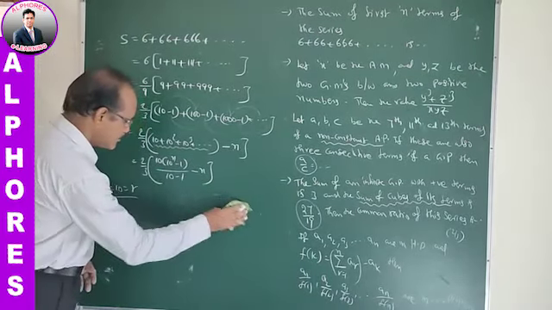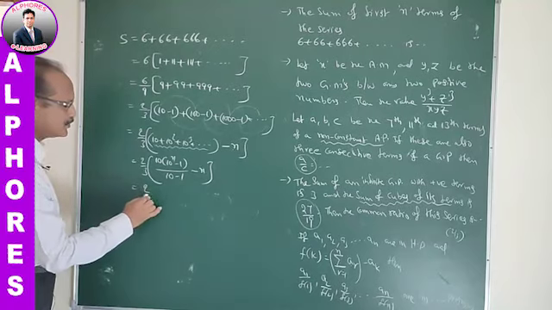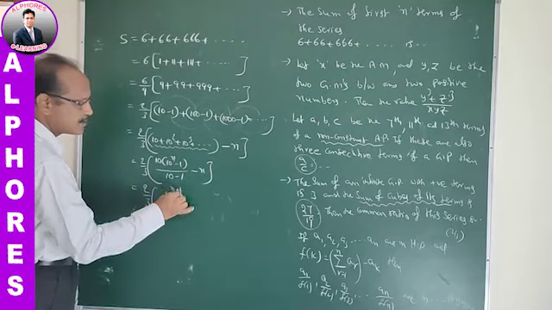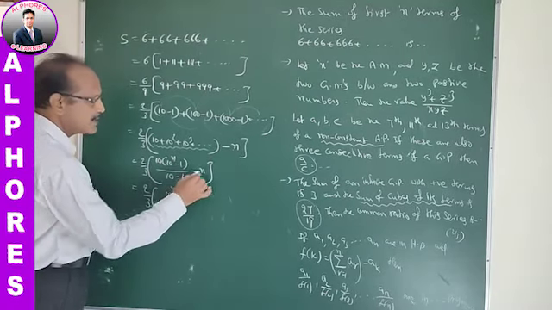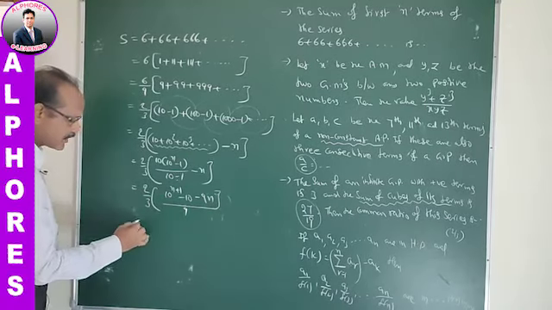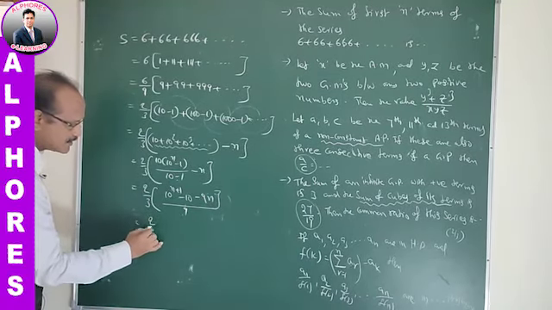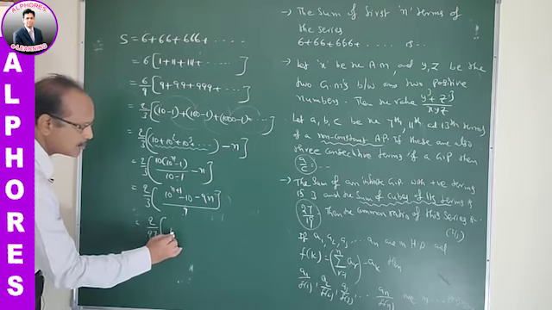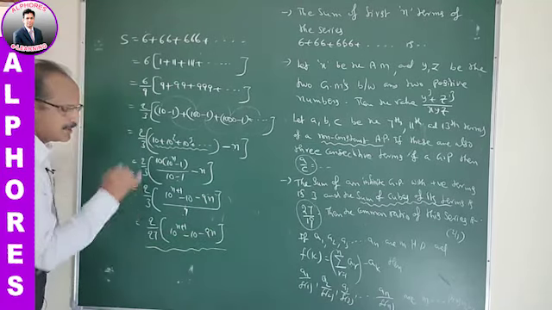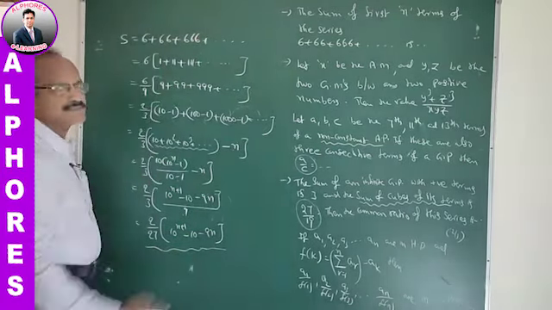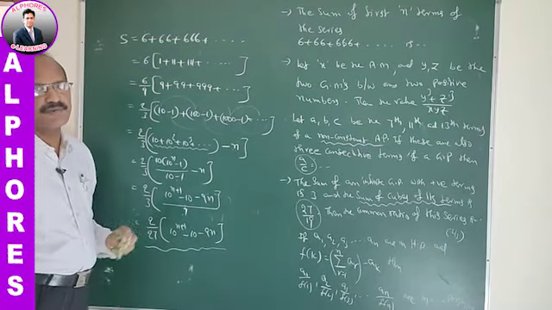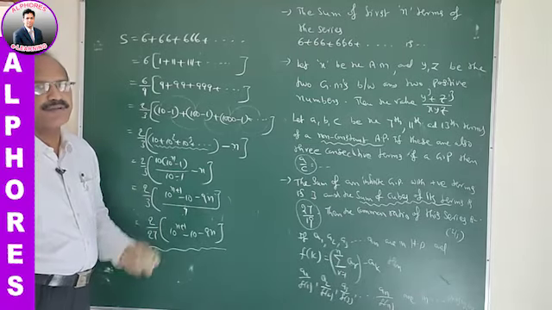Now coming to the modification steps. That is 2 by 3 of, here 10 into 10 power n, that is 10 power n plus 1 minus 10, and minus 9n by 9. So finally, 3 9s are 27, that is 2 by 27 of 10 power n plus 1 minus 10 minus 9n is the sum of the given sequence or series. Okay, completed this model. This is one of the best models from a competitive point of view. Next, coming to the next question.